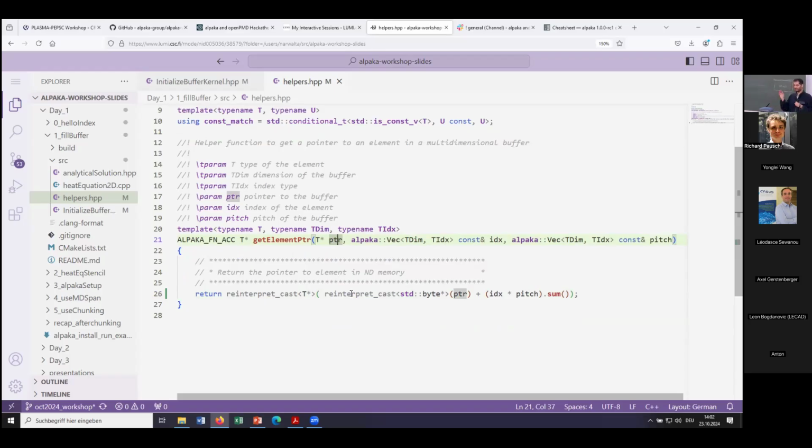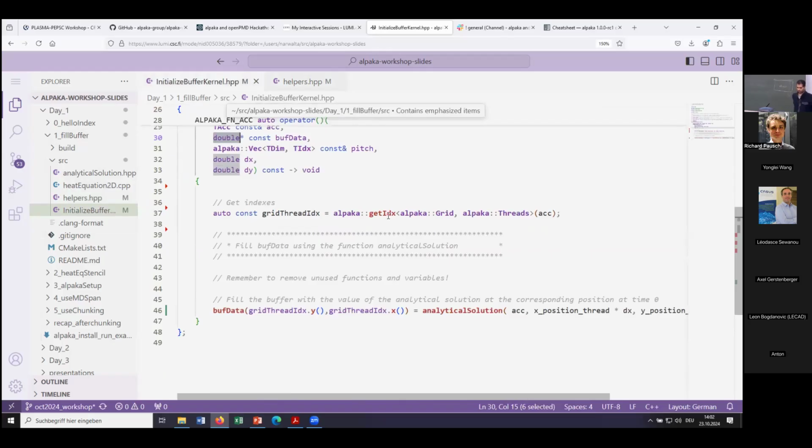I will leave it to you as an exercise if you want to do it. Maybe you will learn something. Otherwise, of course, you can see the solution in the next code folder. But for now, I think this is good enough, and we can move back